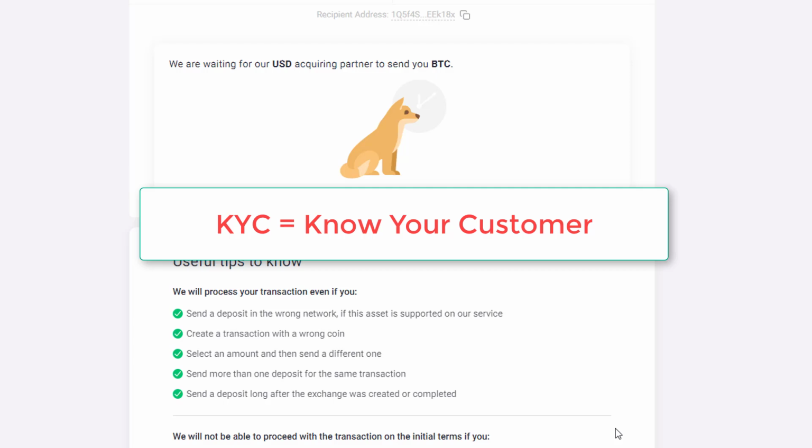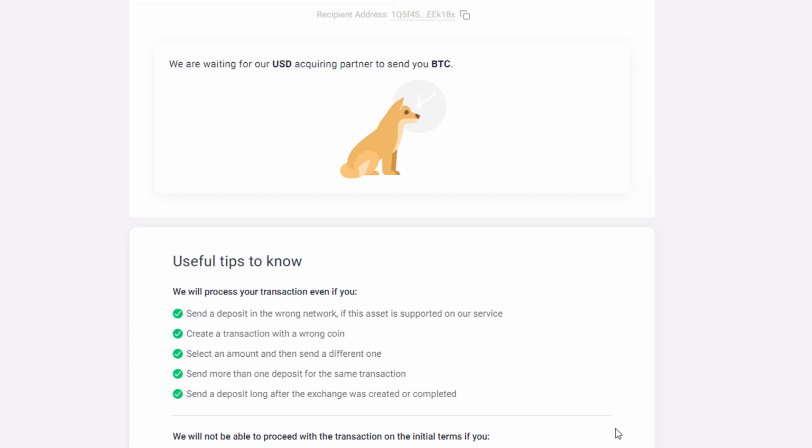Again, the big thing is to make sure you're putting your name in the little, I'll call it a little application piece, where they're asking you for your information. Make sure you put your name in as it appears on your government issued ID. Okay, all right. So now we're just going to sit back and wait for the Bitcoin to show up.